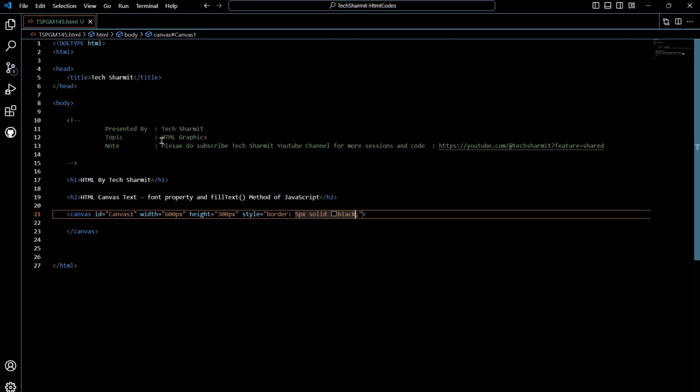Similarly, y would be the y coordinate of the start of the string. Then we have max width, which is optional. If you want to set the maximum width of the text string, then you can set that as well. Clear? So basically we have 4 parameters, out of which one is optional. If you want to set the width, you can, otherwise you can skip that part, and we will pass only